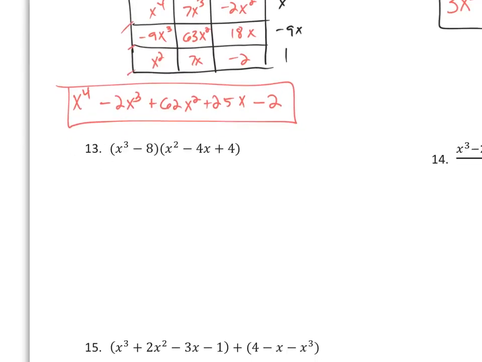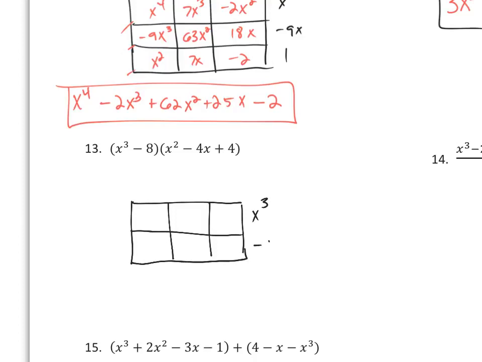We've got a multiplication problem, but notice that we've got missing terms in here. We can choose to add those, or when we're combining, we can notice that the diagonals don't add up. So I am going to probably do the second option, where I just have the 2. That is probably not the best line I could have drawn. And by 3, so I've got x cubed and negative 8x squared, negative 4x, and 4, x to the